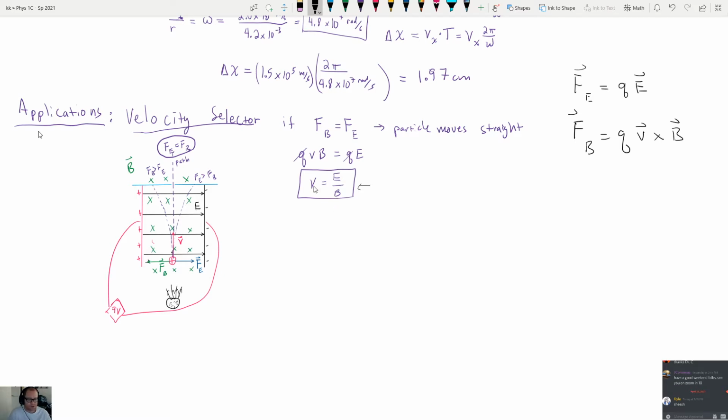And how can you tune it? Well, it turns out that the velocity is related to the size of the field, electric, divided by the magnetic field. And both of these we can completely control. So the size of the electric field, I was saying last time, it can be controlled by changing the voltage of the source right here. So you can basically effectively increase the velocity of the particles coming out